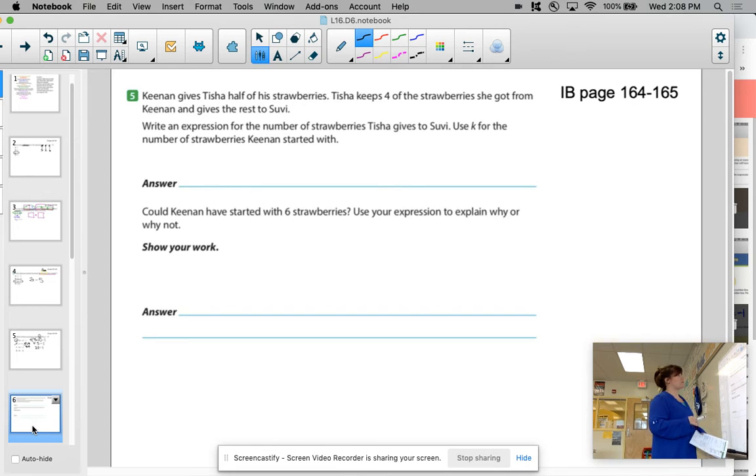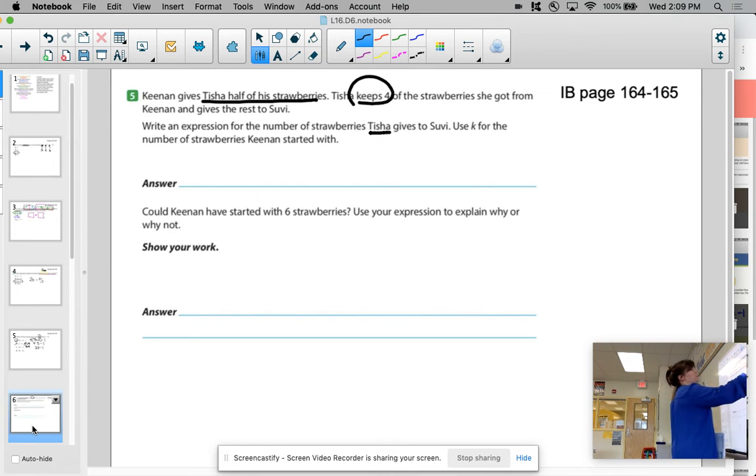Write an expression for the number of strawberries Tisha gives Suvi. Use K as our variable, meaning the number of strawberries that Keenan started with. So we don't know how many strawberries there are in the bucket. What we know is that she's splitting it up and keeping 4. So an expression for the number of strawberries that she gives to Suvi, I believe is how you say that,